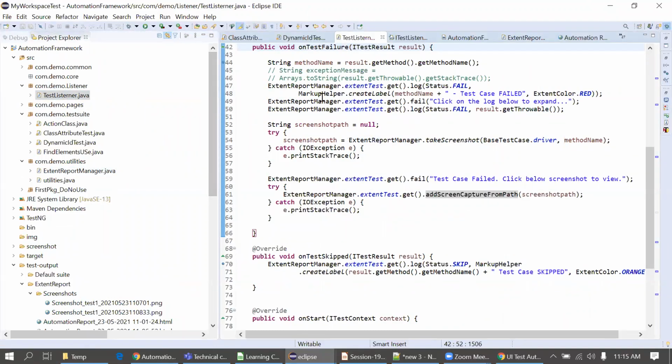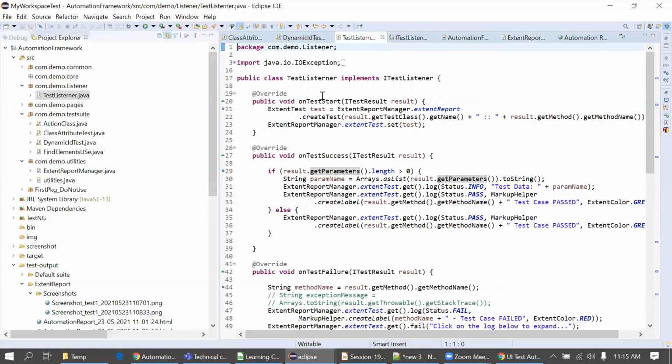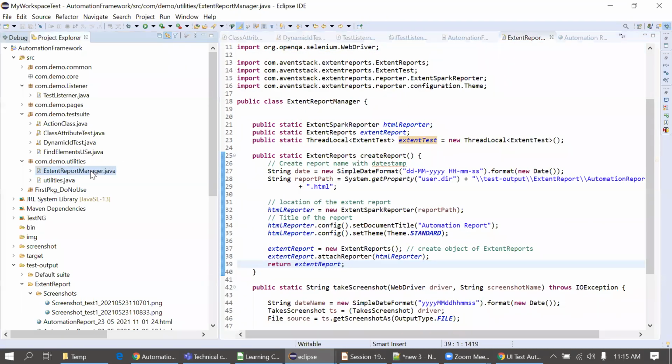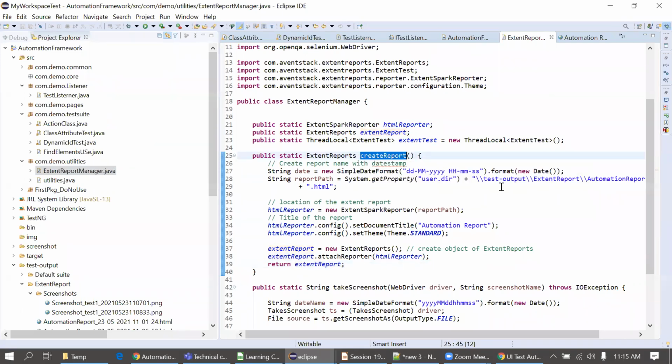When you are returning this extend report, where have you created the container for it? Last class, you did the return extend report, line number 39. Where have you created the container for this? When we return something, we need to create a container to catch it, when we want to use this function somewhere else.